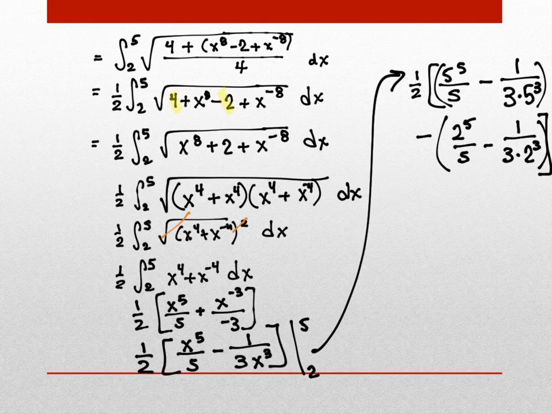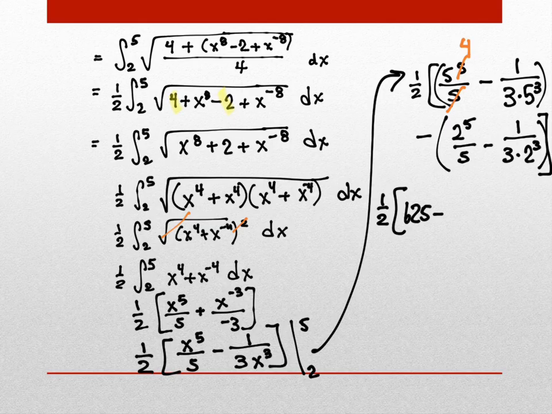What will 5 to the 5th over 5 become? Anybody know? Okay, so it will be 5. Well, we have a 5 in the denominator. So it's 625. And your calculator can do it. I'm not asking you necessarily to do it by yourself, but there's one of these that's going to cancel. So this is really just 5 to the 4th. 5 to the 4th is 625. So we have 625